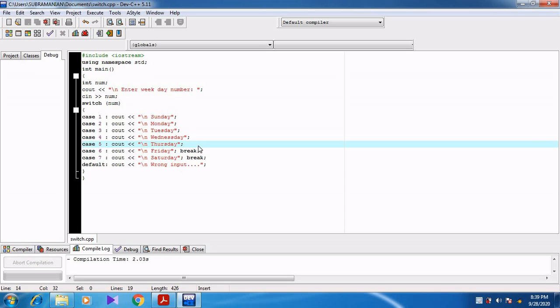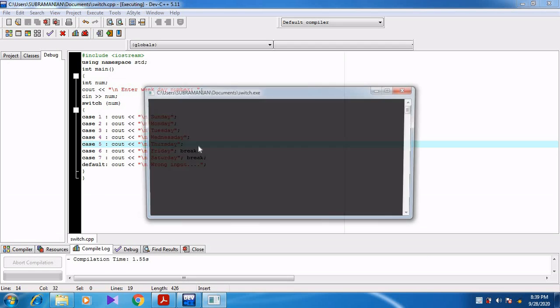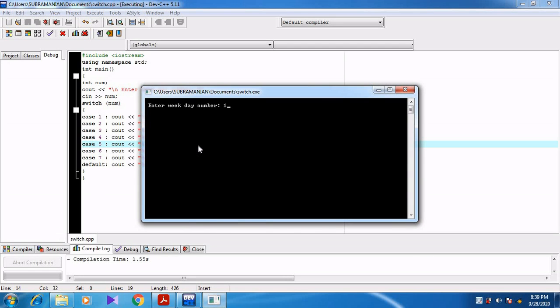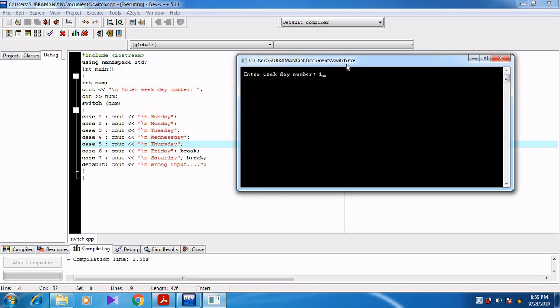When I press F9, the program is compiled. After that, when I press F10 and enter the number 1, the first case is matched. Sunday alone should be executed, but it executes Sunday, Monday, Tuesday, Wednesday, Thursday, Friday. It stops at Friday because the break is given in case 6.